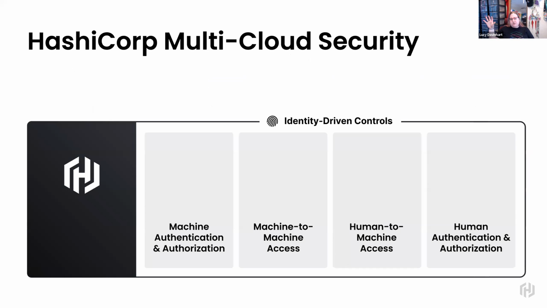So we like to divide security controls into these 4 areas. Machine-to-machine authorization and authentication, machine-to-machine access, human-to-machine access, and also human auth as well. And the common denominator to get all of these right is this idea of identity. And this is the strong pillar by which you can implement a successful security strategy. Starting from the left, from machine-to-machine auth,